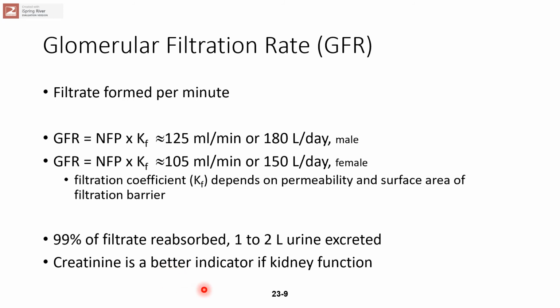Now, if the GFR is lower than 60 and it persists for about 3 months or more, it indicates a chronic kidney disease. Okay, so when GFR is below 60, it indicates chronic kidney disease if it lasts for more than 3 months. Now, when the GFR is below 15,